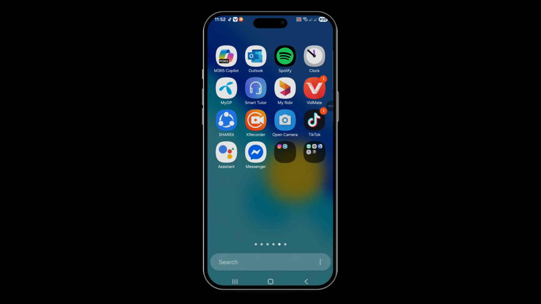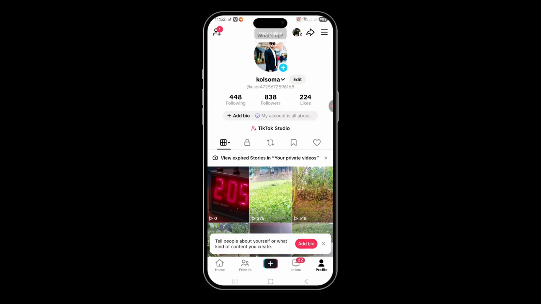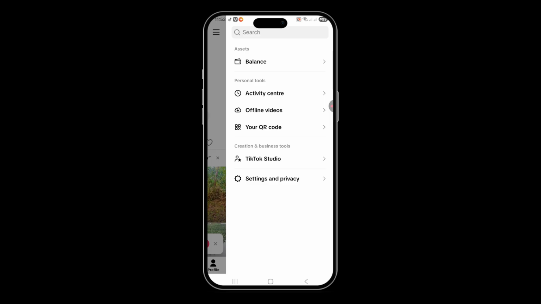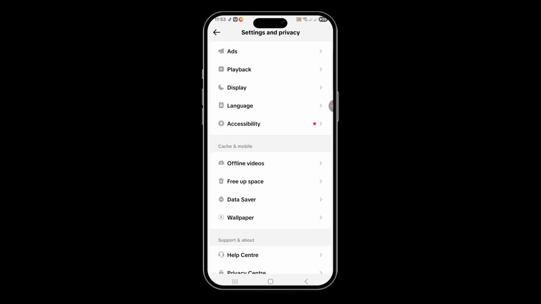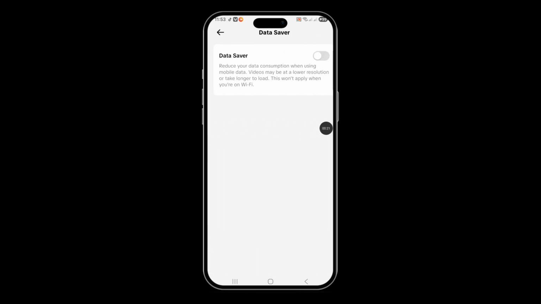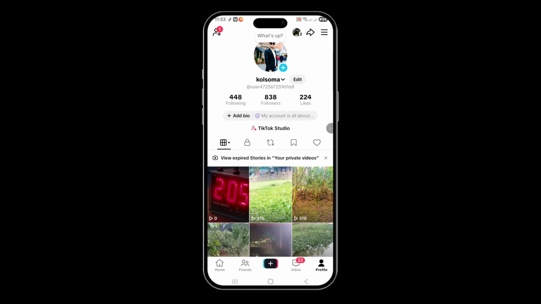In today's video, I'm going to show you how to upload 60 fps video on TikTok. First, open TikTok, then go to your profile, then tap the three dot menu, then Settings and privacy, then scroll down and make sure Data saver is currently turned off. Then go back and click on the first plus